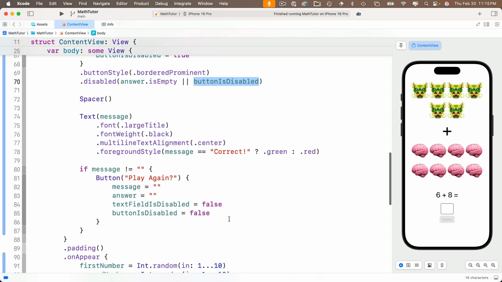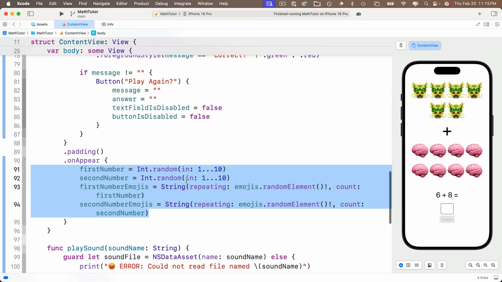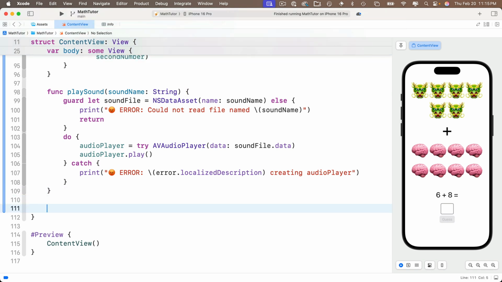And at this point, we want to get a first and second number randomly and also assign random emojis. But hey, we already did that inside the curlies of our onAppear modifier down here. Why don't we take the statements we have in here and create a function so that we can reuse it both in onAppear and in our play again button. So I'm going to copy these lines of code. I'm going to head to the bottom,